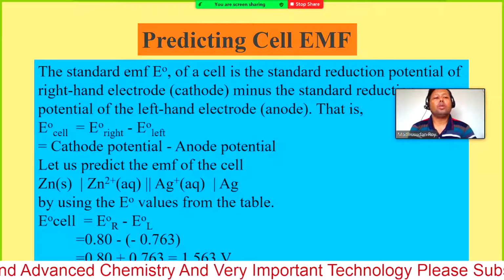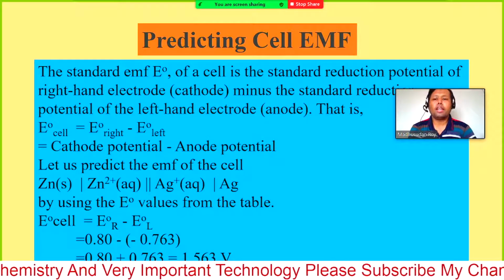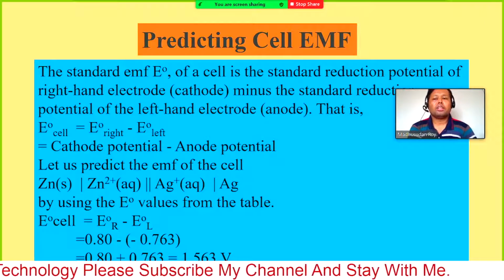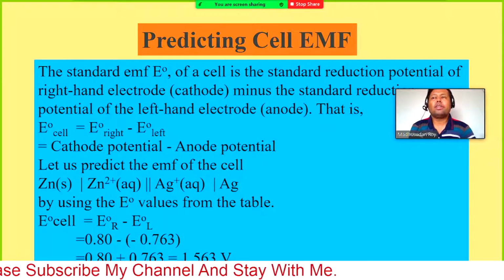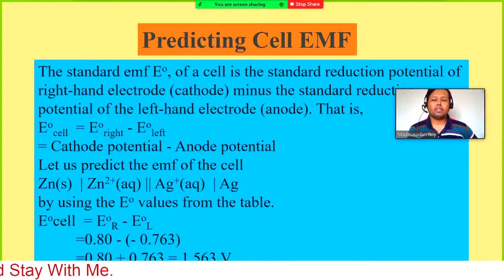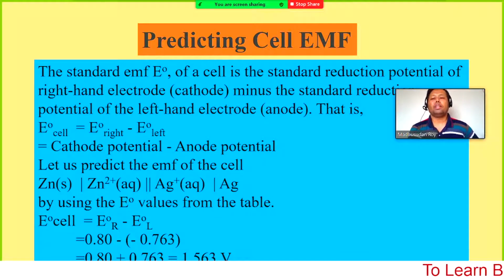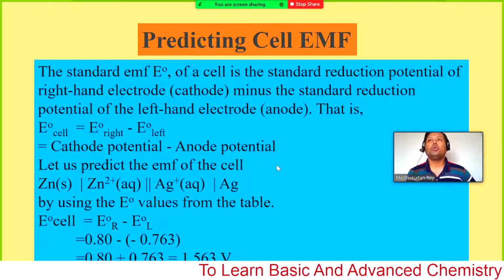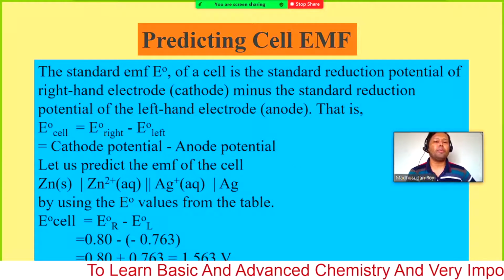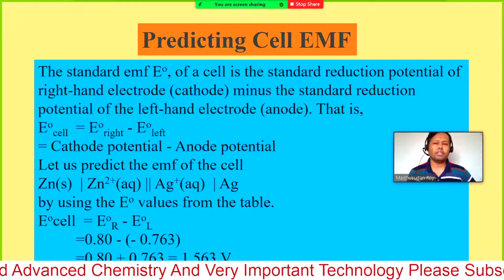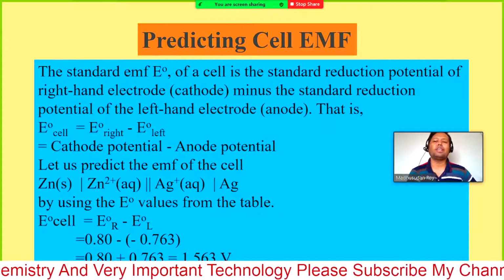In that case, we will get the exact value of the cell EMF in respect of the unknown electrode, because the known reference electrode, the hydrogen electrode, has an EMF value of 0. Therefore the observed value is exactly equal to that of the unknown electrode. Now how can we predict what the cell EMF can be if you create a cell out of two different components, and maybe the same or different electrolytes?